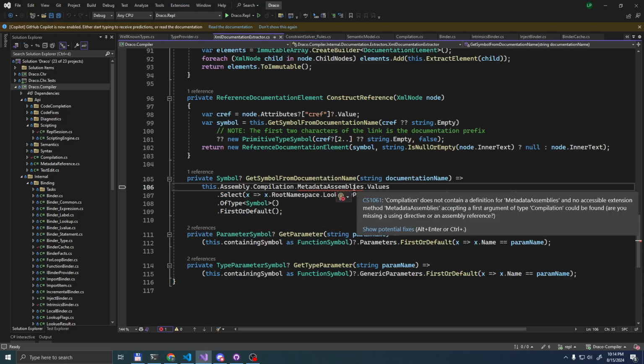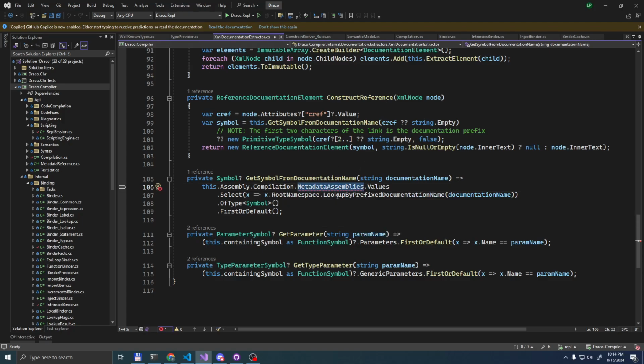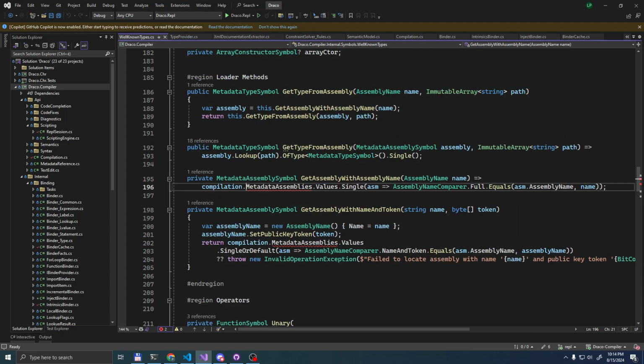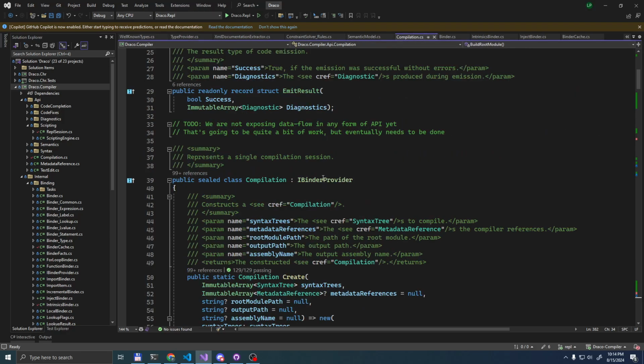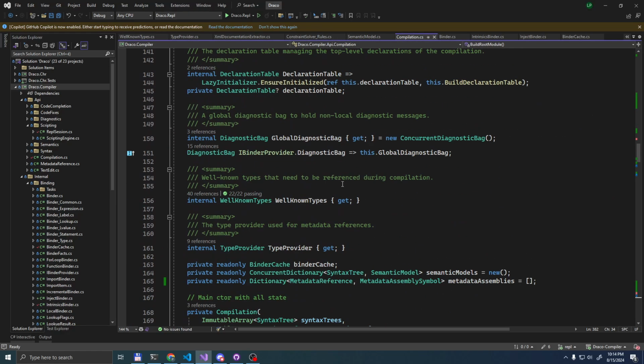So we might need to introduce metadata assemblies as an enumerable or something. Yeah, let's do that.